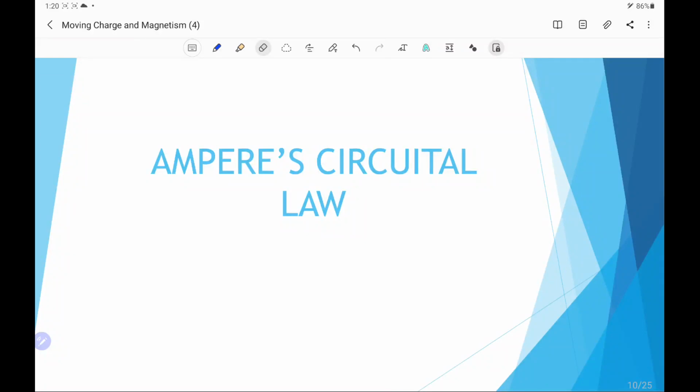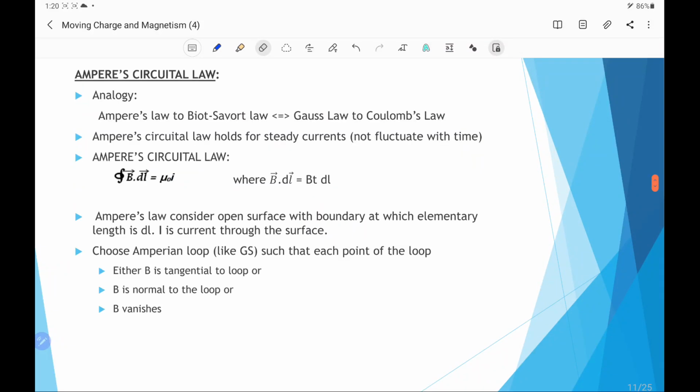Next topic is Ampere circuital law. This law can be written as integral B dot dl equal to mu naught I. Here this integral is over a closed loop, and that is known as the Amperian loop. In this integral B dot dl equal to mu naught I, I is the current enclosed by this Amperian loop,